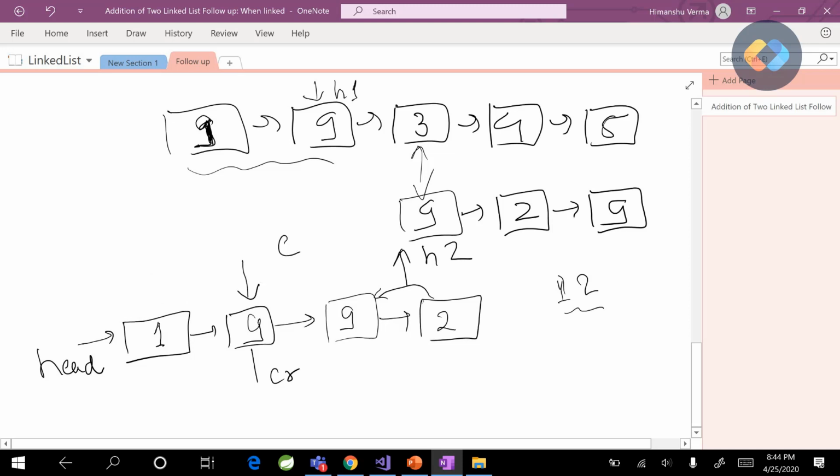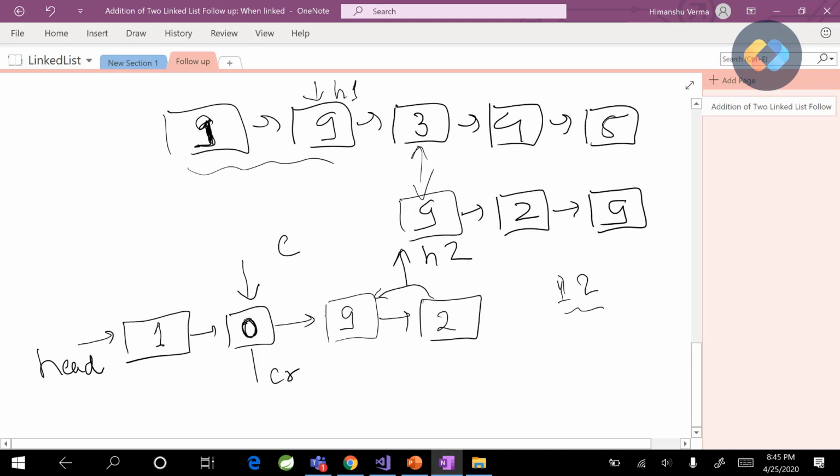And if this node value is equal to 9, we already know, okay, carry will come at this point, and because it is 9 and the maximum carry value can be 1, this will become 0, so we'll make it 0.